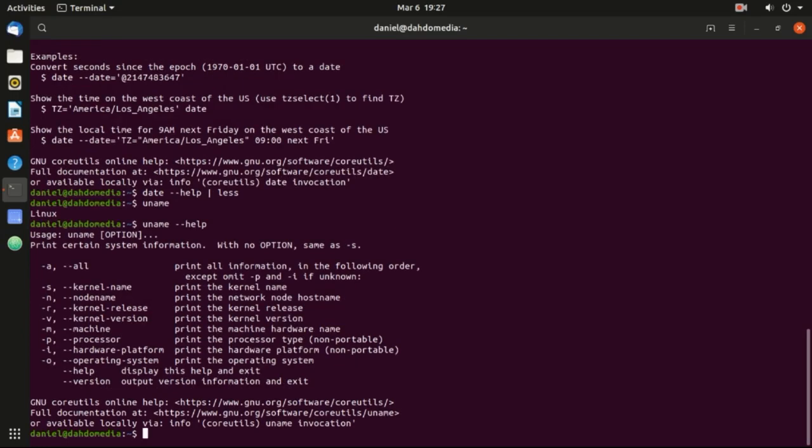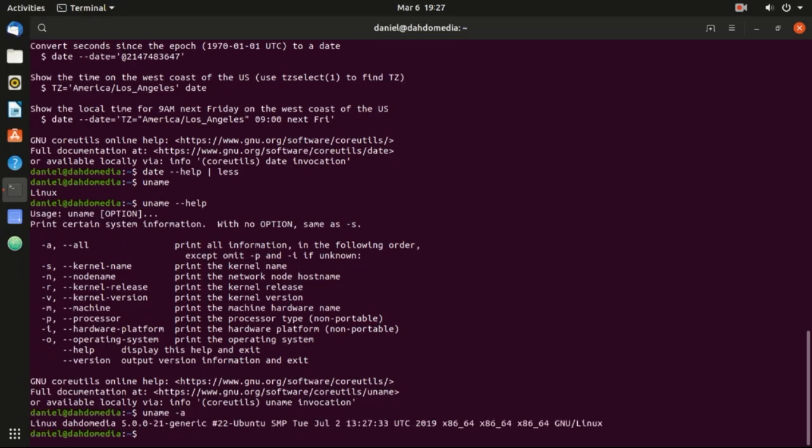Great. For example, let me use -a to print all information. You can simply type uname -a. You can see a lot of information about it: Linux, Dado Media, the host, and more information about it, even the distribution. Alright,